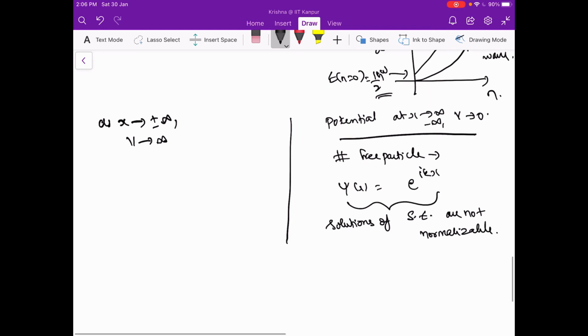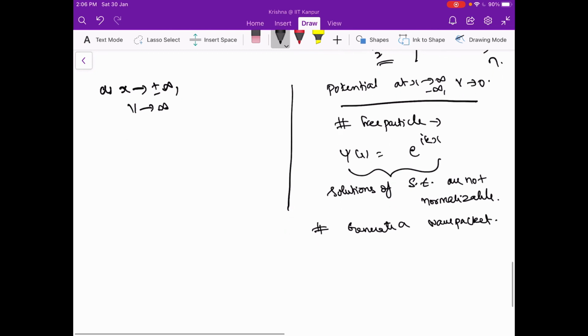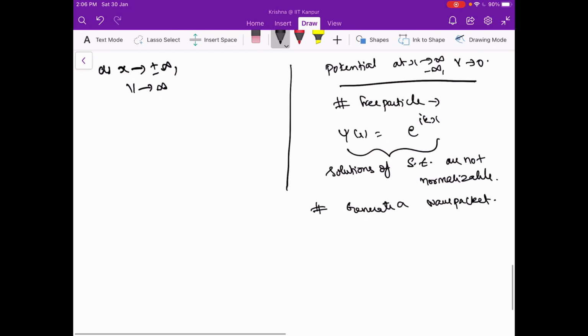In this case, you need to generate a wave packet, and these are physically realizable solutions. So any solution psi of x is basically some summation of the eigenfunctions,